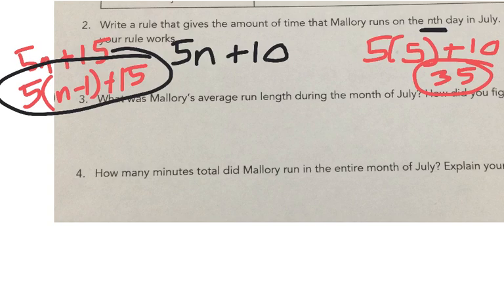3. What was Mallory's average run length during the month of July? And how could you figure that out? So on average, how much did you run on an average day? So how do you normally find the average of something? Yeah, you could do that. You could add up every minute and then divide by 31 for 31 days. That seems like a lot of work. If I think of a better way, a lazier way, a more efficient way,